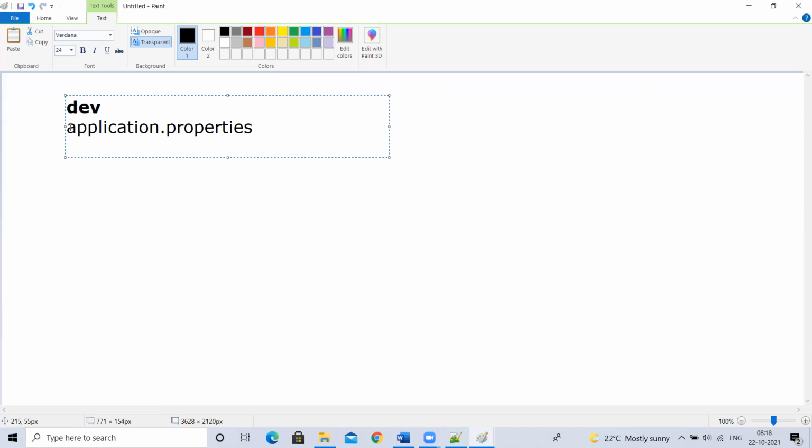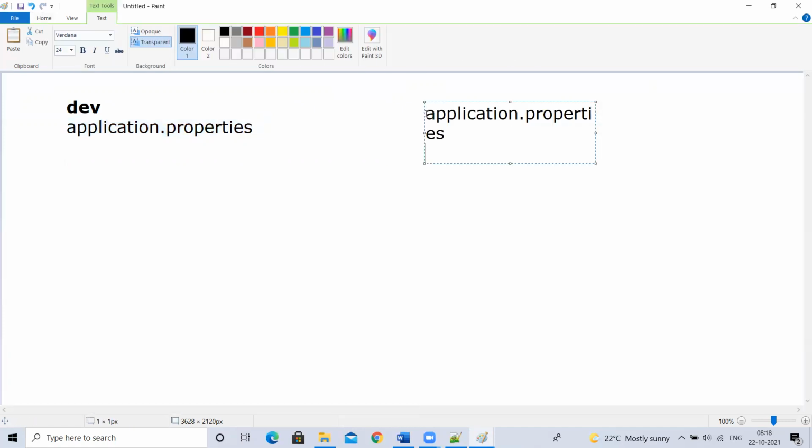What this property file contains is key value pairs, like variable and value: A equal to B. So DB name equal to dev DB, the dev database. Password equal to 123.